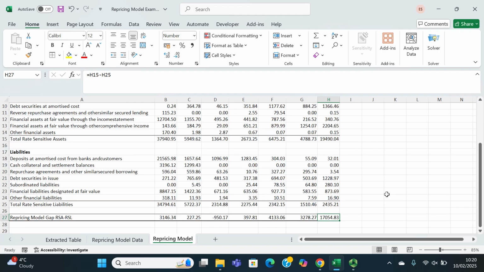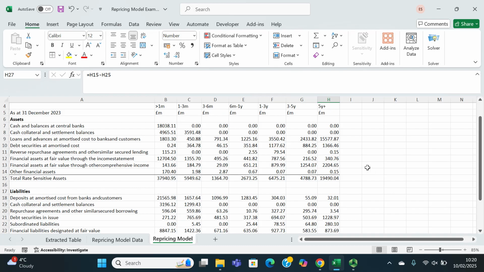The reason for that is, on the asset side, this will contain the mortgage book, which is usually the biggest income